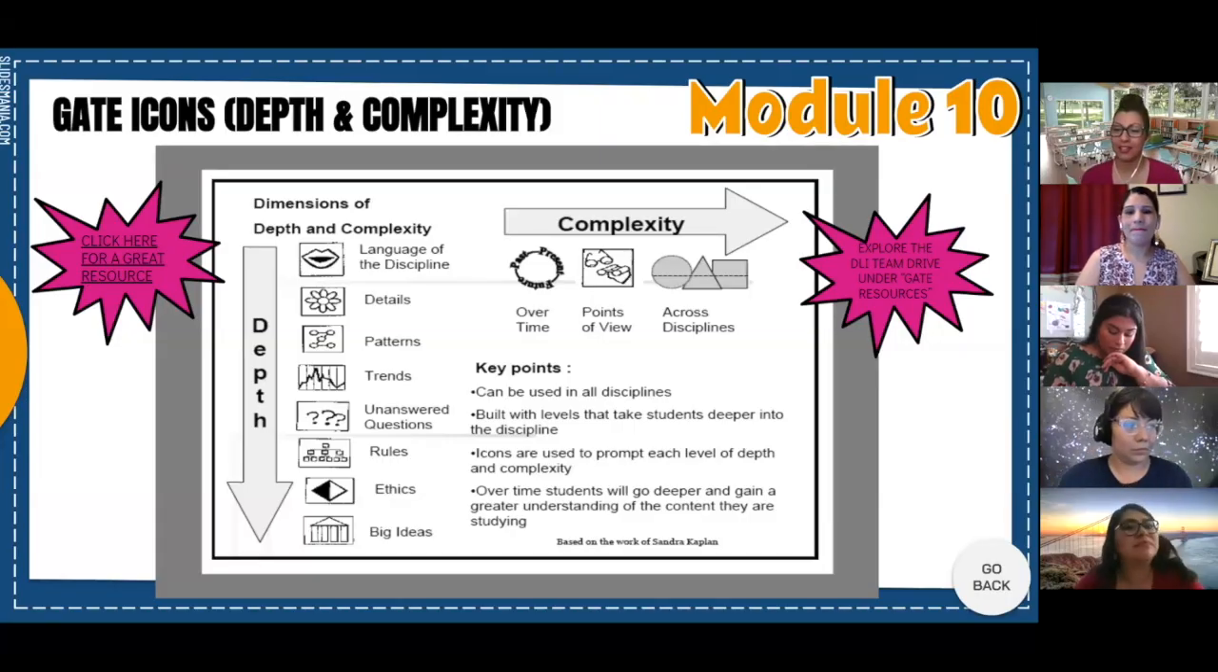Okay, so welcome to our last module, module 10, and we're going to talk about the GATE icons and depth